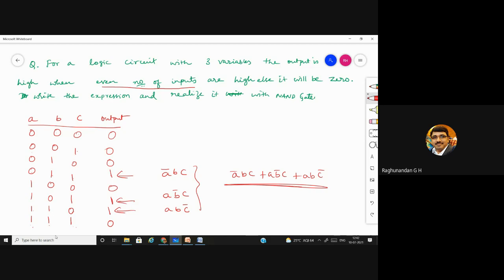Okay. After that, realize using NAND gate. See, nothing is restricted to NAND gate only. We have just taken an example. They can ask NOR gate also. Both NAND and NOR have equal importance. Now, to this, you need to write the NAND procedure. And suppose in the question it says write the expression, simplify it, and realize, then you should simplify and realize. Here they are not asking any simplification. If they have not told you to, don't do it. Whatever equation they have given, just use that and do the next process.